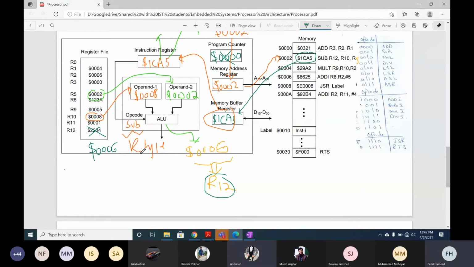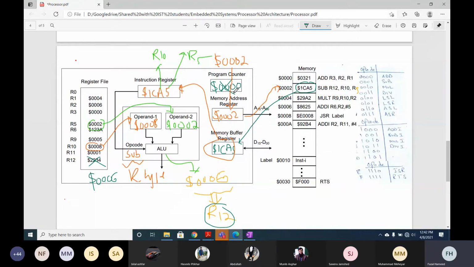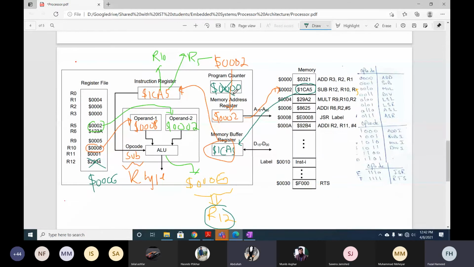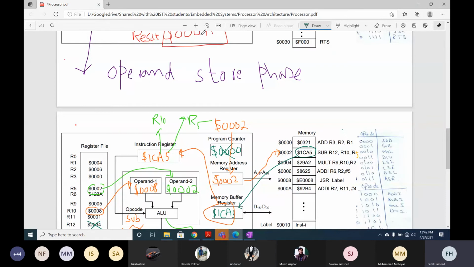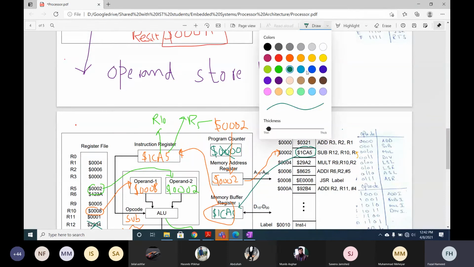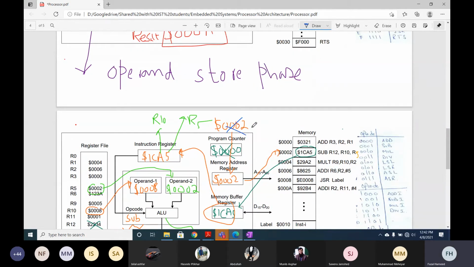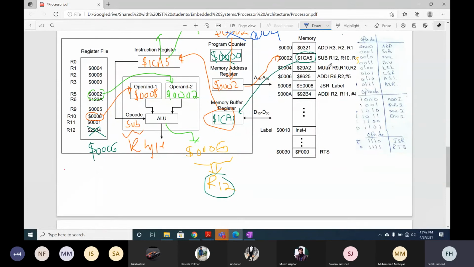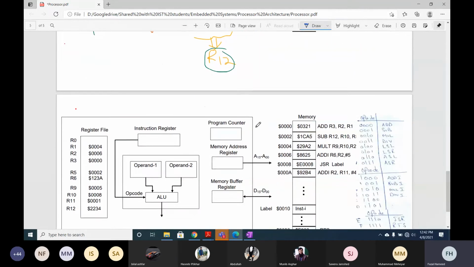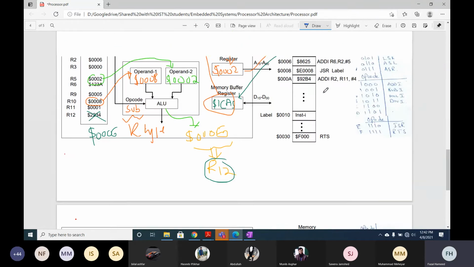Yes. And now what should be the value of the program counter in the next phase? 0004. So the next program counter will be now 0004. The next value of the program counter will now be, and this will go on. Now it will go on to the multiply instruction. So in the multiply instruction, if we have $0004, so it will read